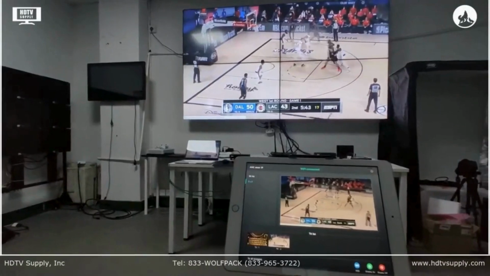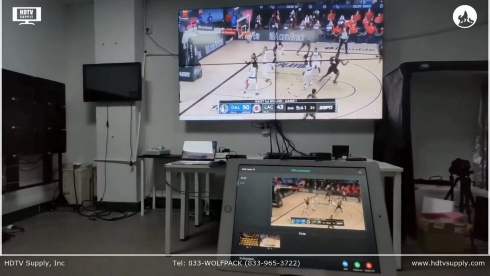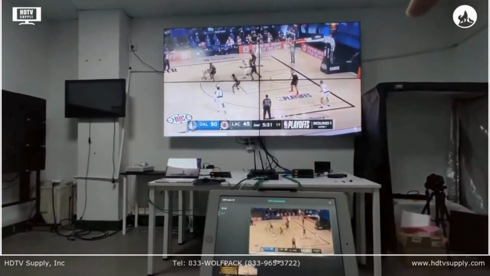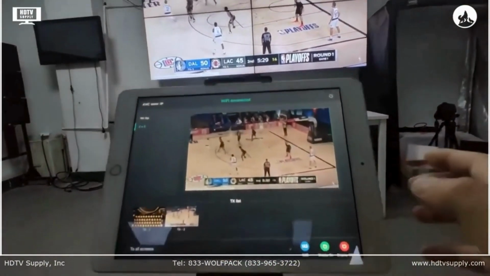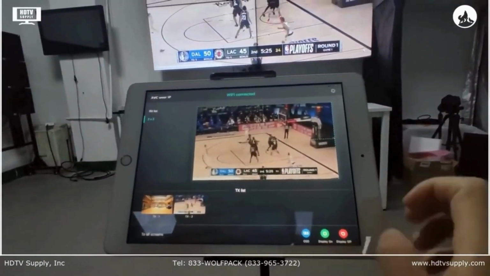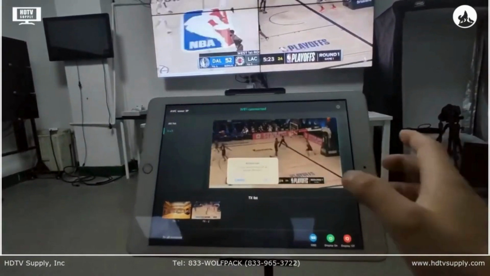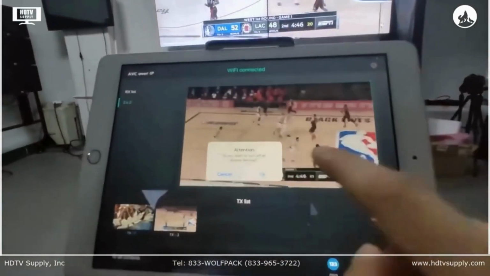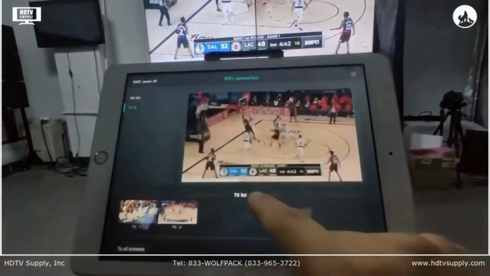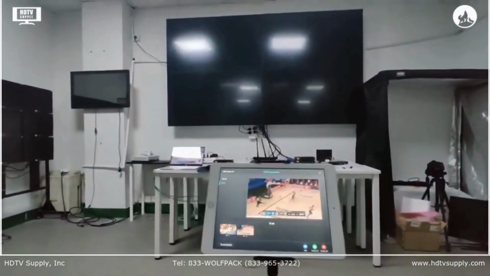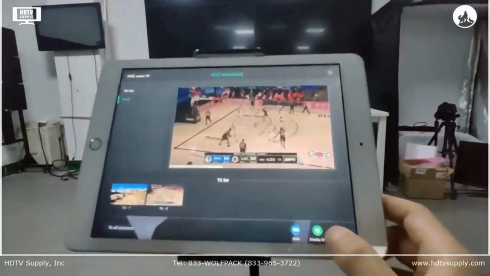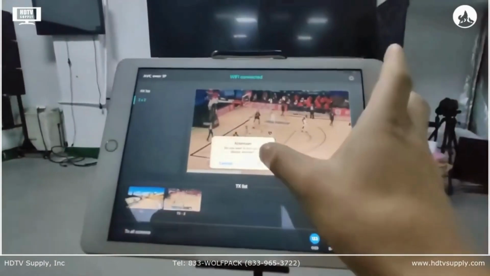Hi, this is Rocky. In this video, I'll show you our AV over IP system, which turns off the displays. Right now we have this iPad with the iPad application. Especially, we have display on and display off. If we click display off, you will have this window here. Once we click OK, we can see the displays are off. If we click display on here,